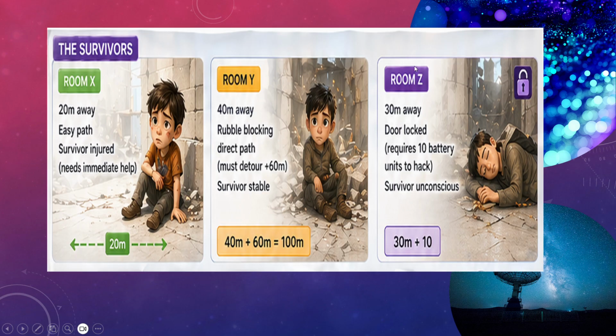Room Z: the survivor is unconscious and is 30 meters away. But additionally, the door is locked, so the robot might need 10 units of battery to open this door. So the total units the robot needs here is 40. Here it would be 100 and here it would be 20. But there is one more